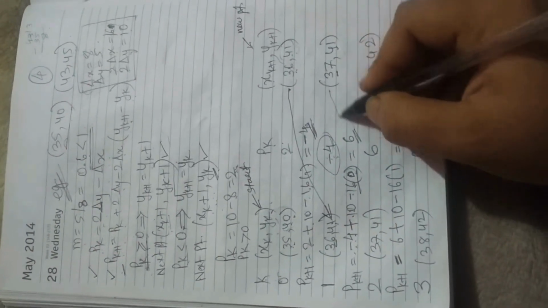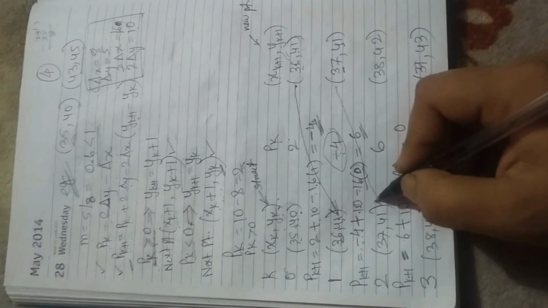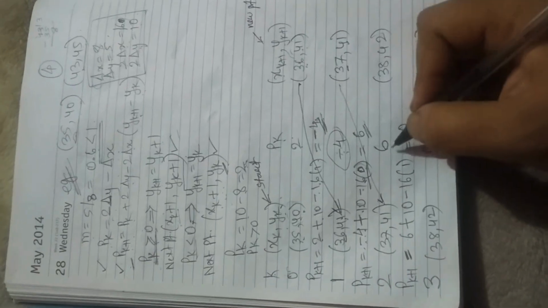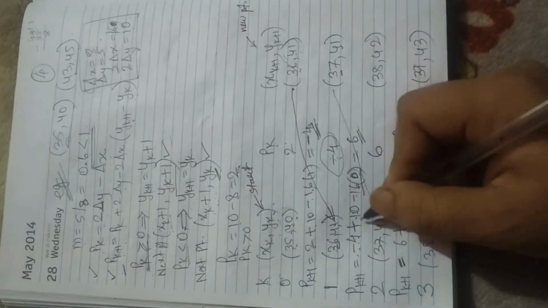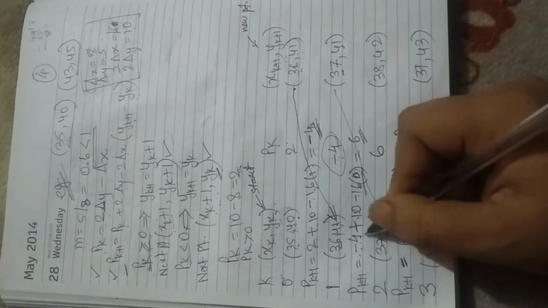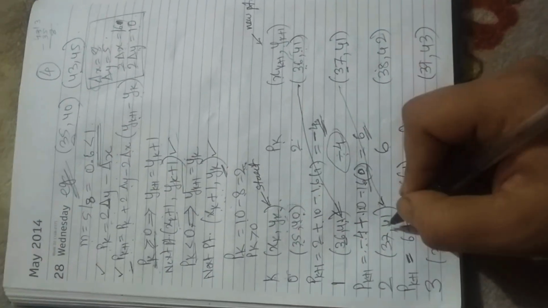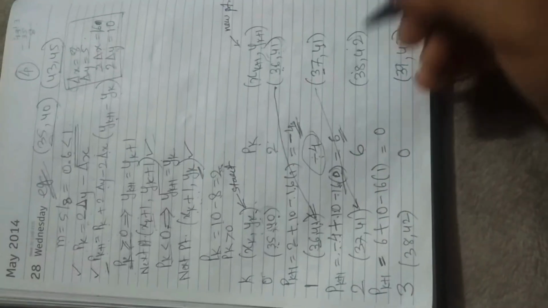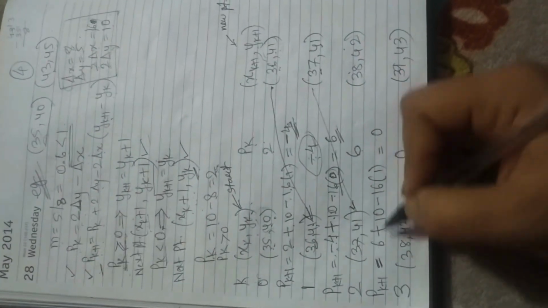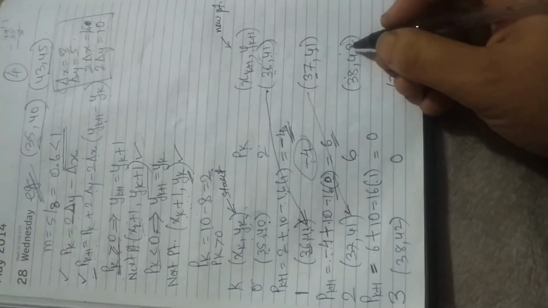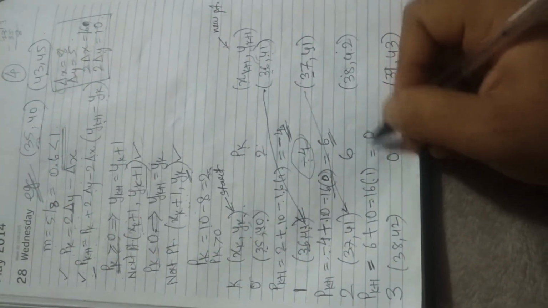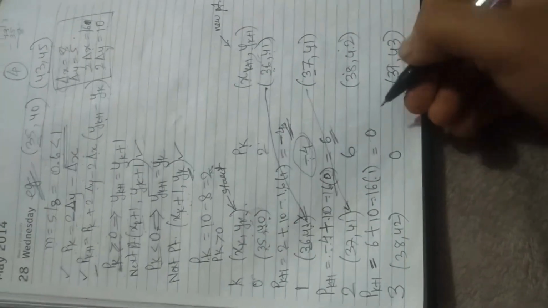Again this 37, 41 will come over here. And the value of pk is 6 now. As it is positive, we will increment x as well as y. So we are incrementing 37 to 38 and this 41 will become 42. Right? So now again calculate the new value. 6 plus 10 minus 16 into 42 minus 41 is 1. So if we calculate this equation, we will get the value 0.